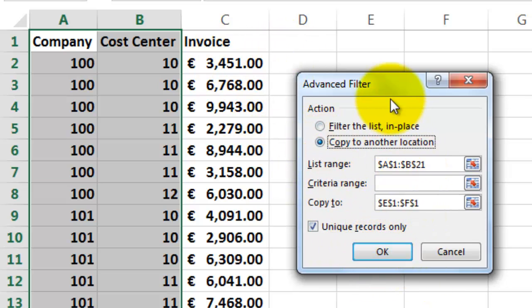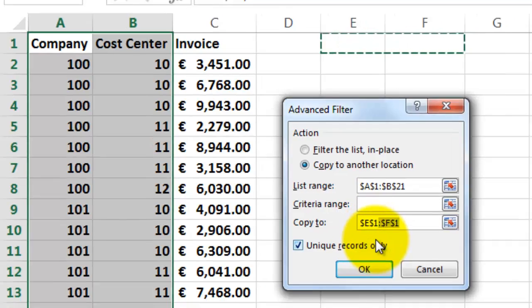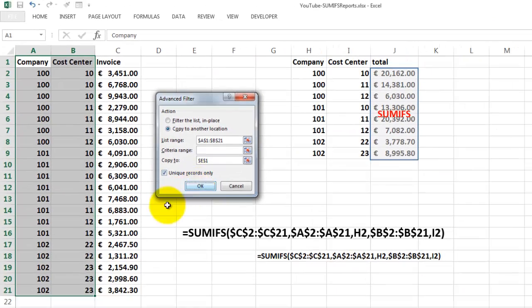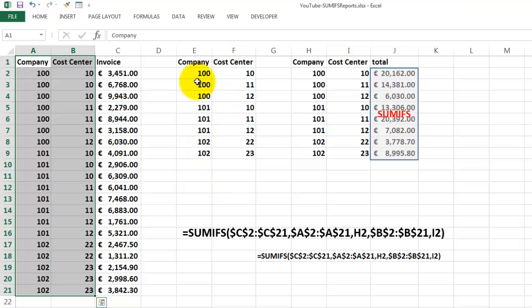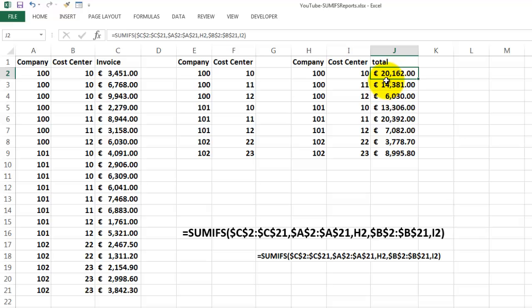Copy to another location, and I'm going to put it in E1 through F11, or you can just say E1, and copy it. And you get a unique list of company numbers, and in that company you have 3 different cost centers. And in company 102 you have those cost centers. So I have that list here now, and I'm going to do a very simple SUMIFS. I put in J2 this formula,